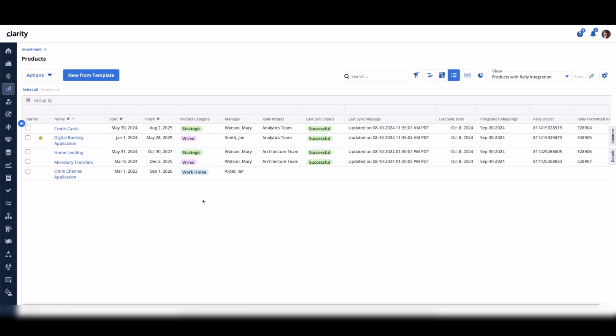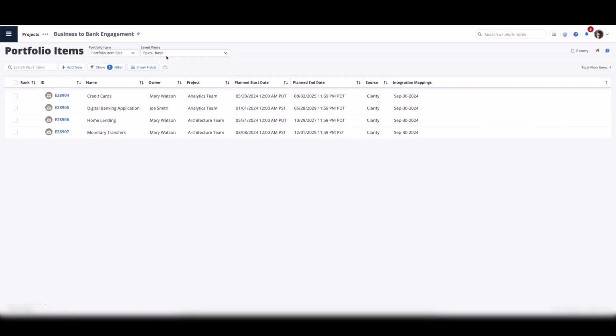You can see again, the 4 out of the 5 products have Rally sync information. Again, all the proper information is here, last success, etc., to indicate that those things are there. And just as a reminder, here are the 4 items in Rally with their source column populated.